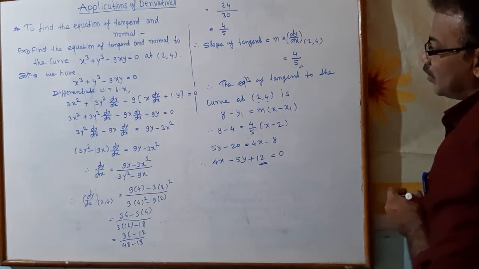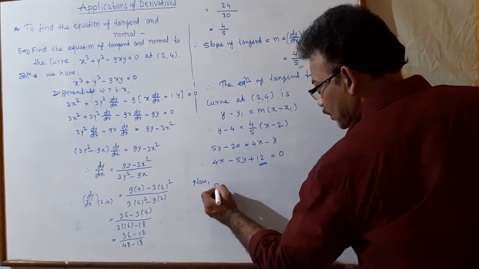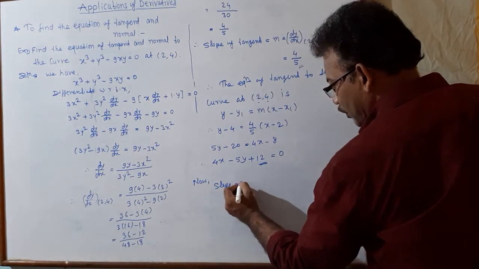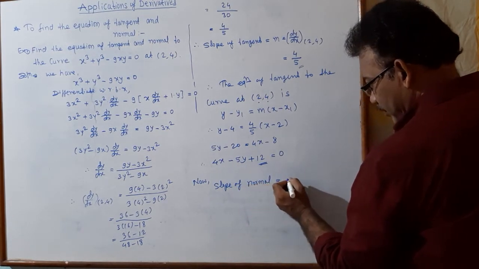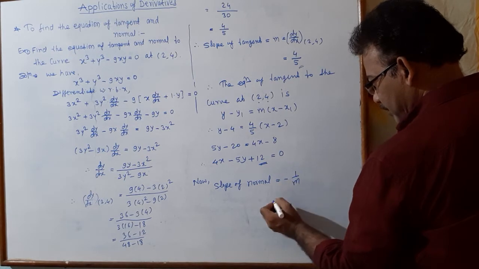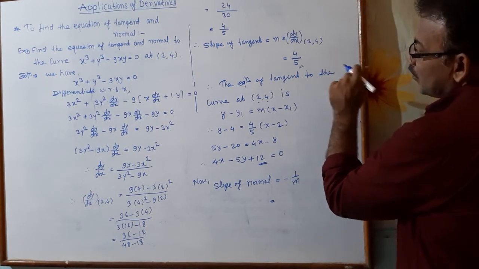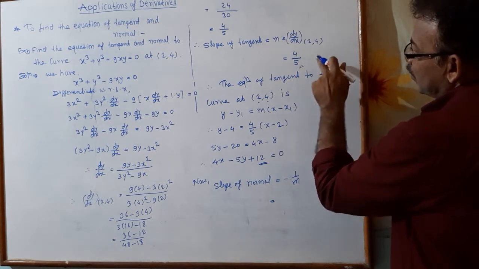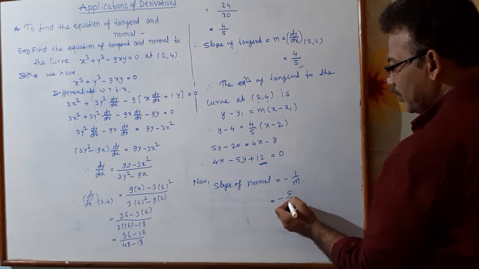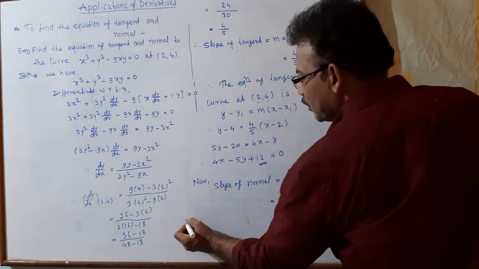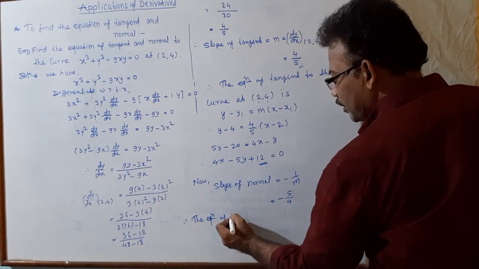Then we find the equation of the normal. For that we find the slope of the normal. Now, slope of normal, we know the formula: minus 1 divided by m. We know the slope of the tangent, which is 4 by 5. So for the slope of normal, we take the minus and reciprocal of this slope, that is minus sign and reciprocal, 5 divided by 4. And therefore the equation of normal